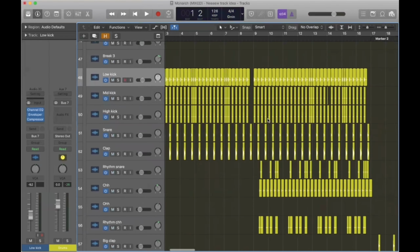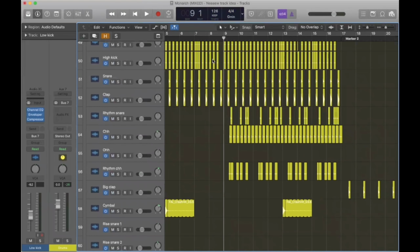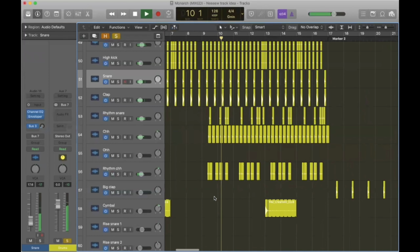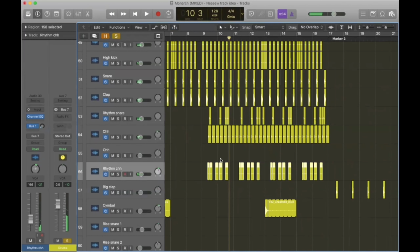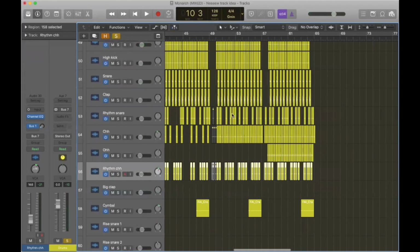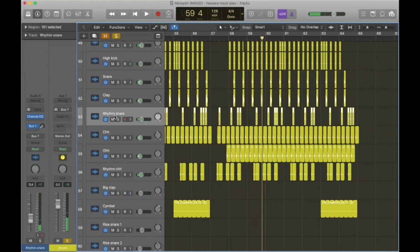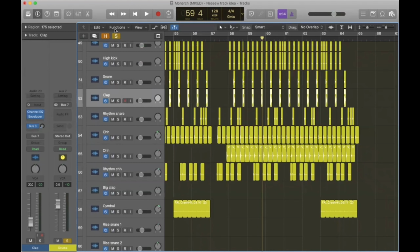I also do a lot of layering of different samples. So if I just single out the drums, I've got a rhythm closed hi-hat along with the normal hi-hat, and then further on we've got the normal hi-hat, the rhythm hi-hat, and then we've got an open hi-hat just to progress the drop even more, I suppose. Really groovy. And then we've got a rhythm snare, which adds, I've gone on the offbeats trying to make it more rhythmic, and I've got a clap and a snare together because it thickens out the